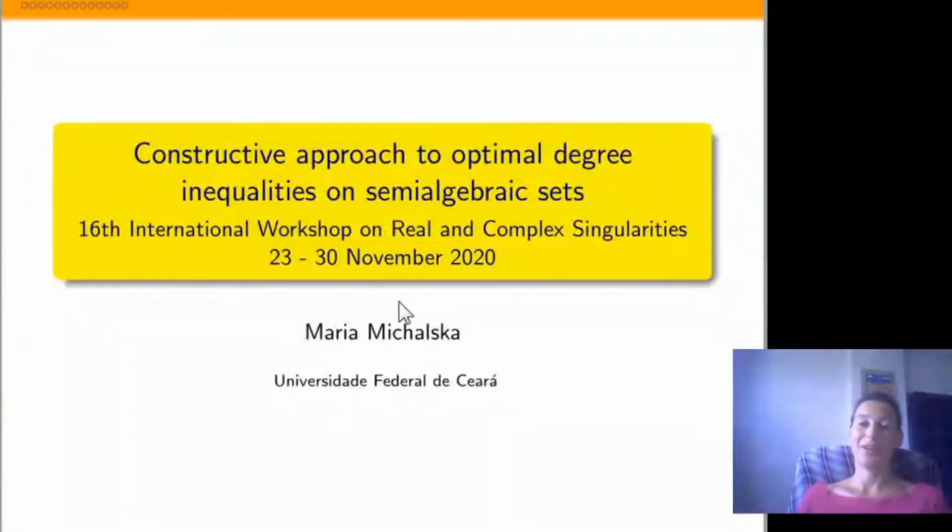In my talk, I am going to give a constructive approach to finding optimal degree in polynomial inequalities on semialgebraic